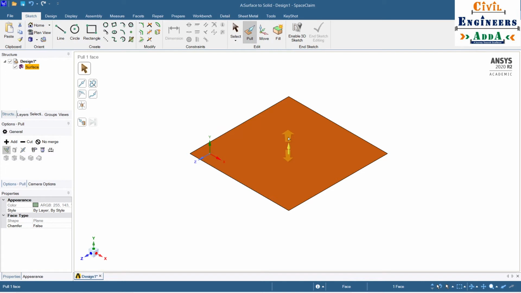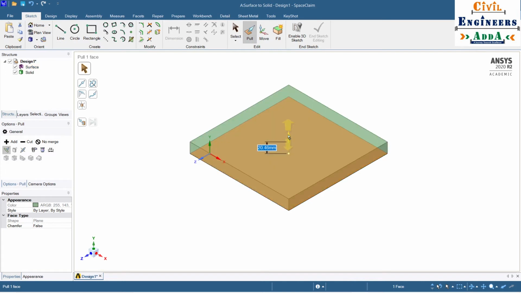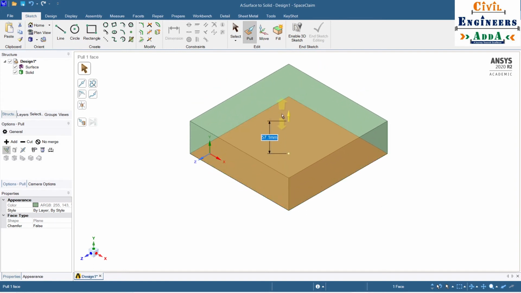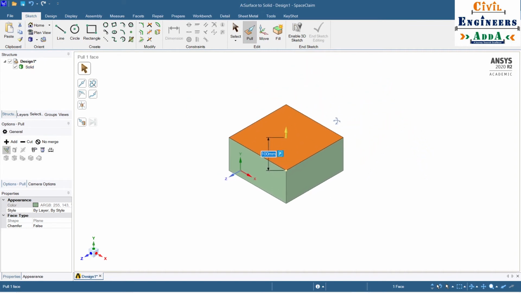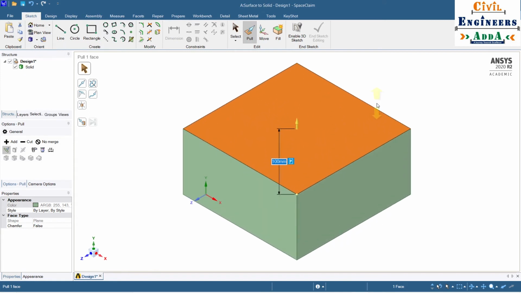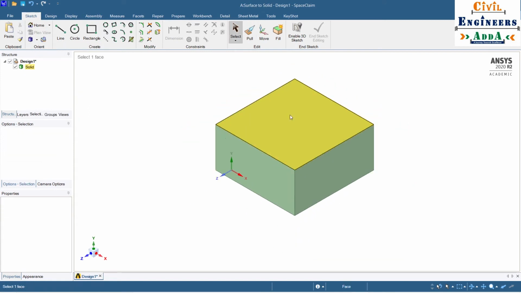You just need to continuously hold the mouse and drag, like this. Now you will be able to see the change in dimension there. Now I will put it as 100 mm. Yes, now you can see what has happened, my dear friends. Let me set it to a perfect isometric view. Hit Escape, then it will get unselected.